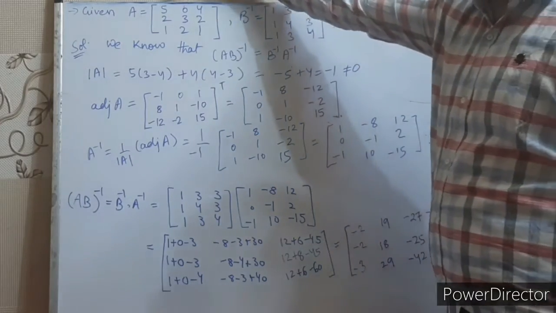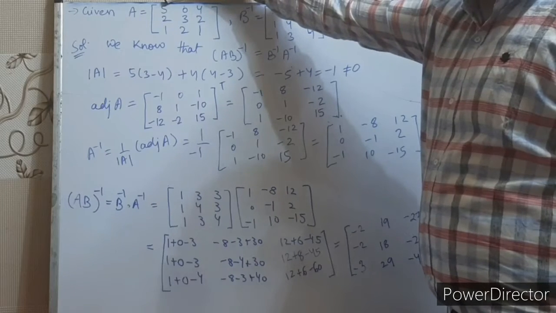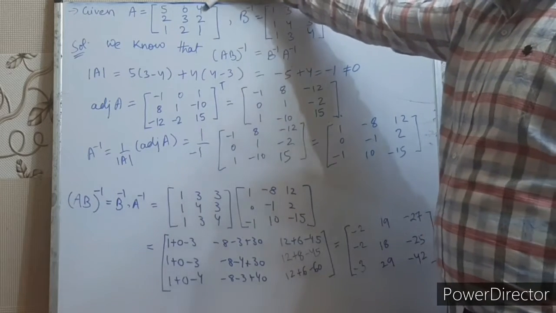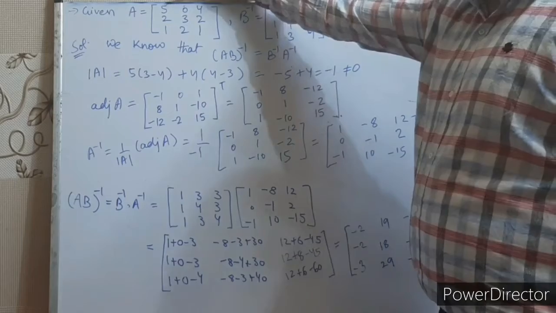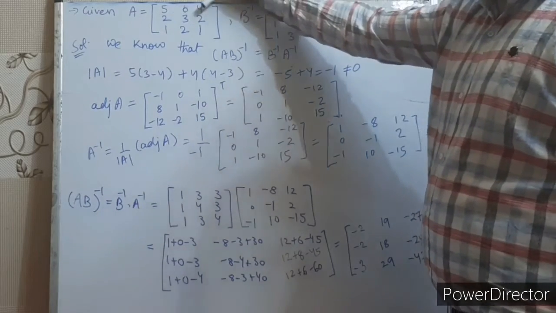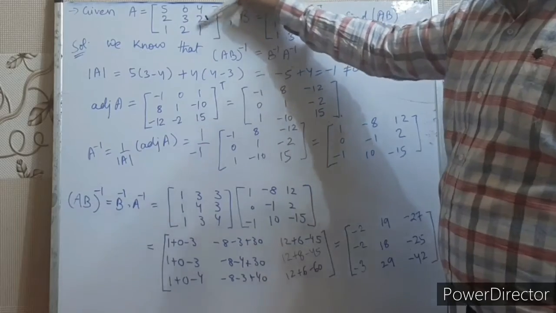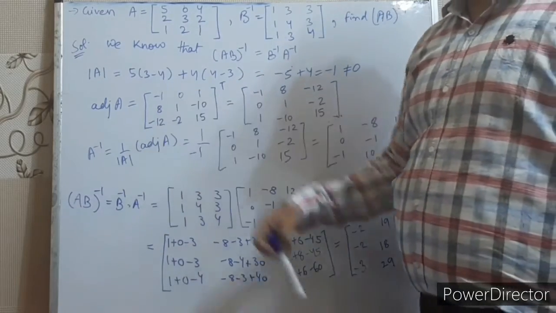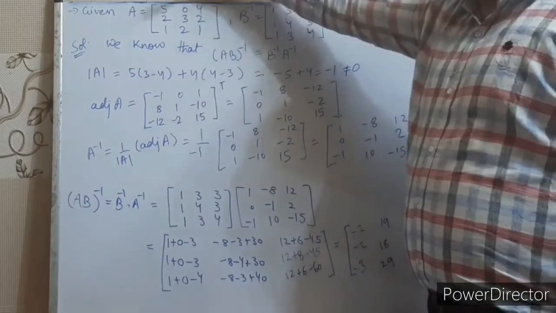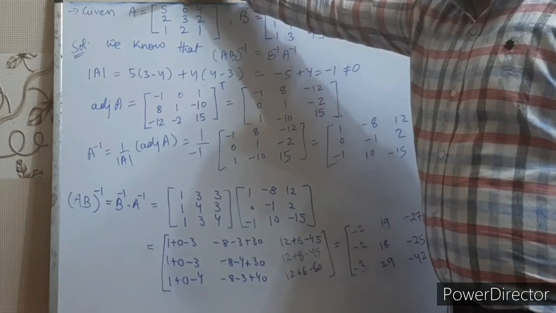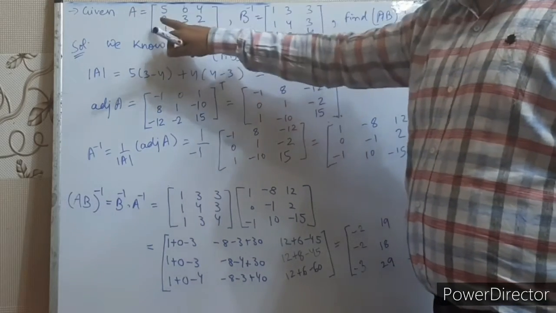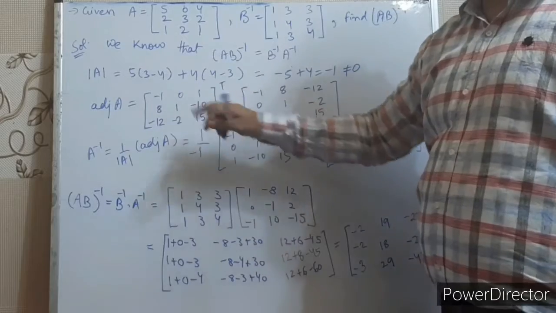Suppose we are calculating the cofactor of this particular row, first row. If for this first row, first column element you are calculating the cofactor, this row and column will get cancelled. It will be 3 minus 4, and 3 minus 4 is minus 1. For this second row, second column, you can see that it will be 2 minus 2, again 0.